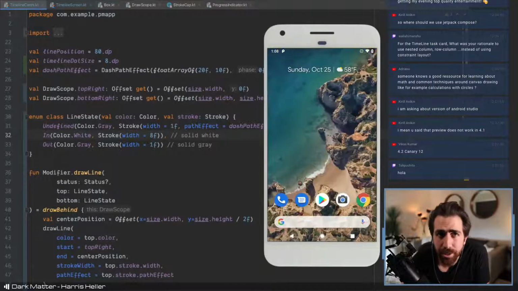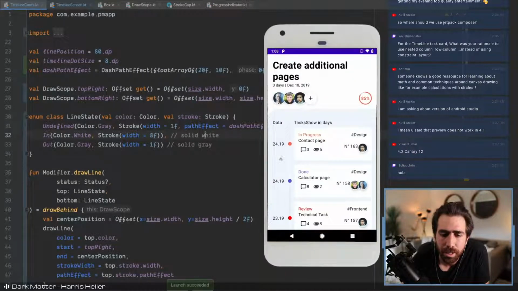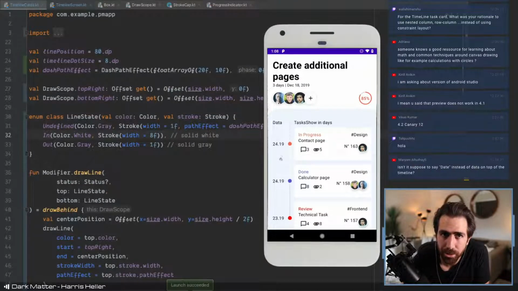Oh, sorry, Kirill, you were meaning where can we use it? It doesn't work in 4.1. Right now, the Canary channel for Android Studio is the best place to use Compose. So the Android Studio Canary channel supports Compose. You can just Google 4.2 Canary and